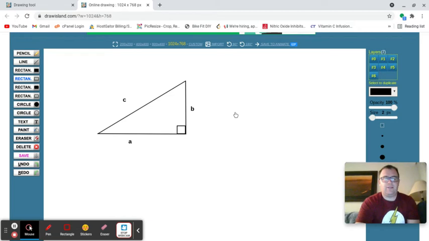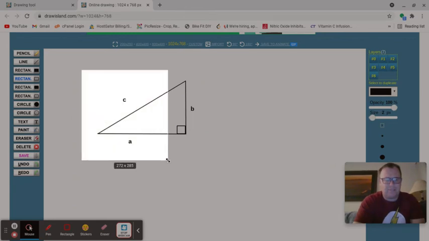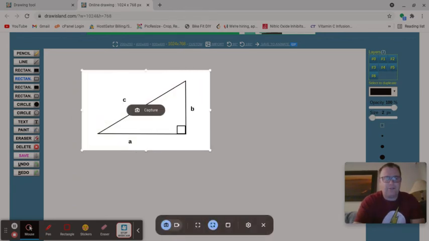Say you have a right triangle there, or a right angle there, and that's going to be a picture. We're going to actually use this picture and incorporate it into our worksheet. So I'm running a Chromebook here, so I'm just going to do Control Shift and then the window key, it's like the middle key on top. Just go here and capture that,